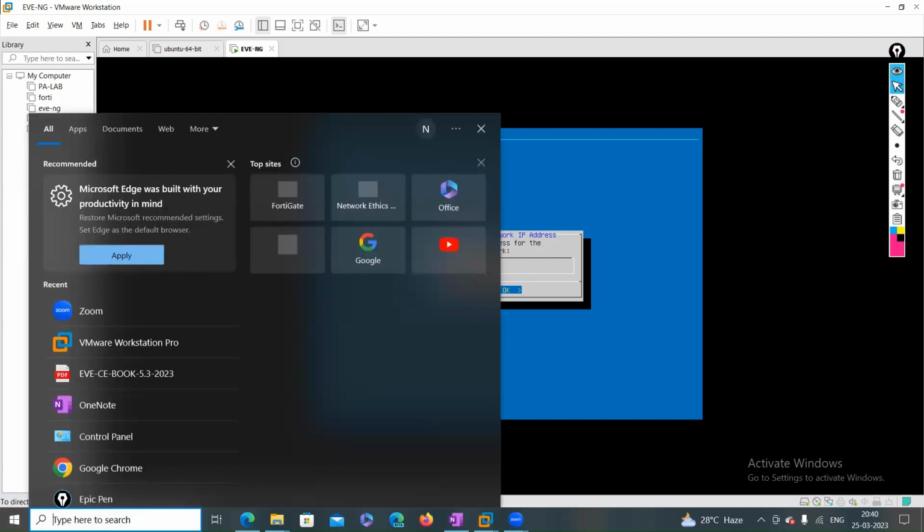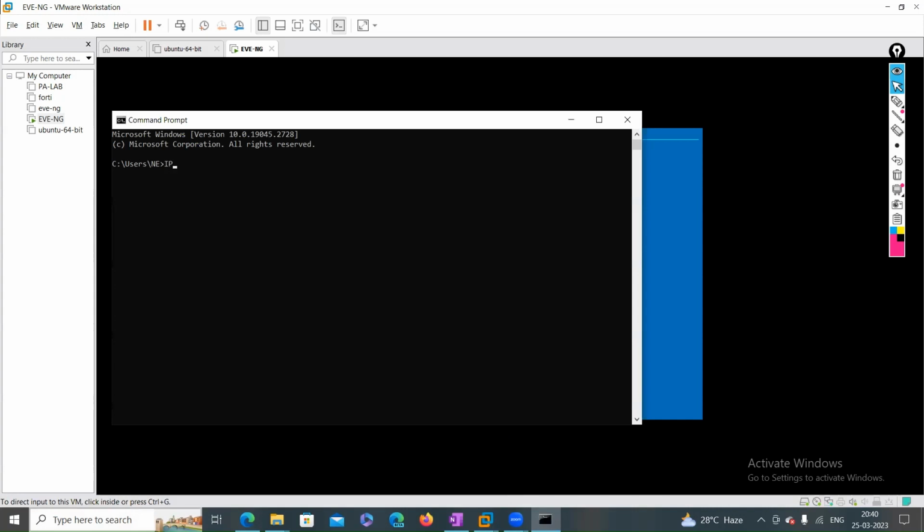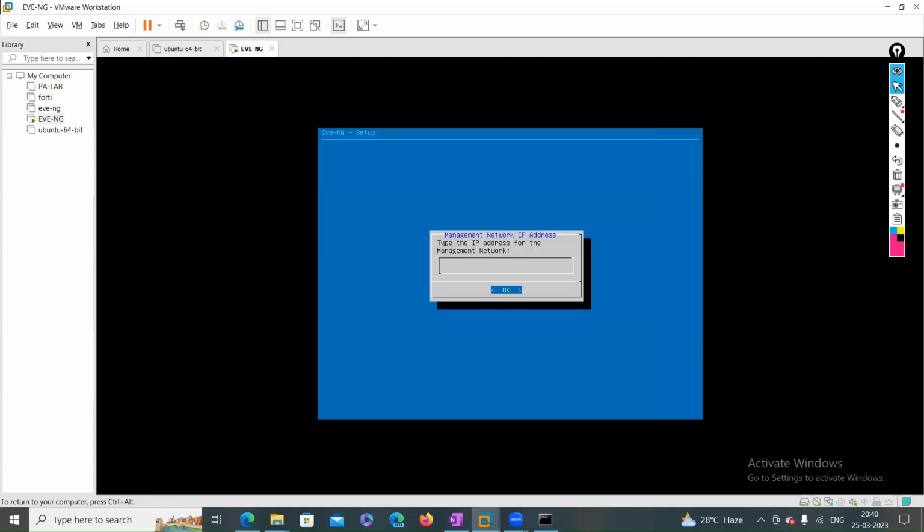If you look at my LAN connectivity, you can see my LAN network. So this is my Wi-Fi network and LAN. It belongs to the 192.168.0.0/24 network, and the gateway is 192.168.0.1. So I have to assign the IP address from this range. Okay, 192.168.0.0/24 network. So just assign the IP address 192.168.0.100, and then